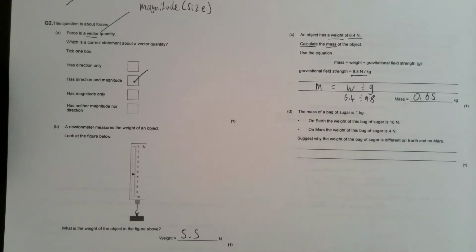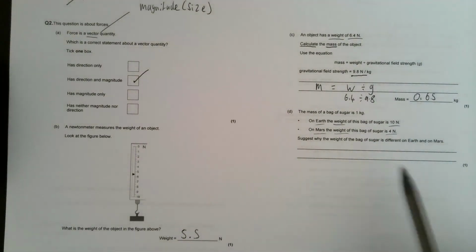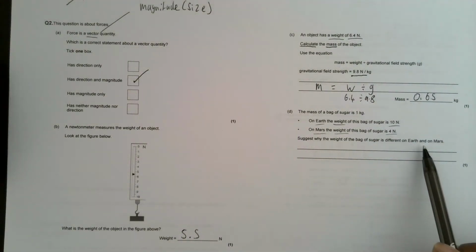D, the mass of the bag of sugar is 1 kilogram. On Earth, the weight of this bag of sugar is 10 newtons per kilogram. So we got the weight is 10 newtons on Earth, but on Mars, the weight of the bag of sugar is 4 newtons. Suggest why the weight of the bag of sugar is different on Earth and on Mars. Okay, for 1 mark. So we want one reason, and that's because